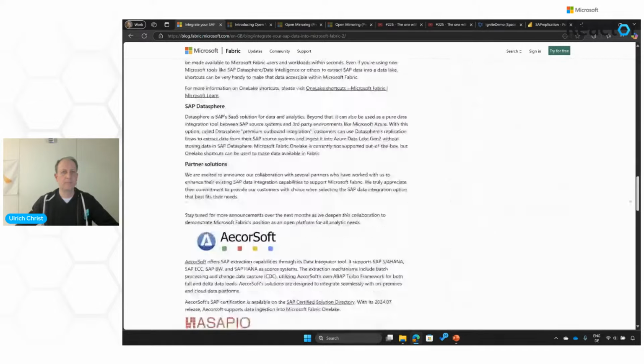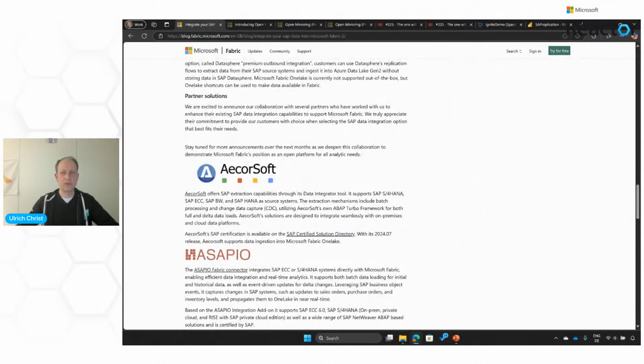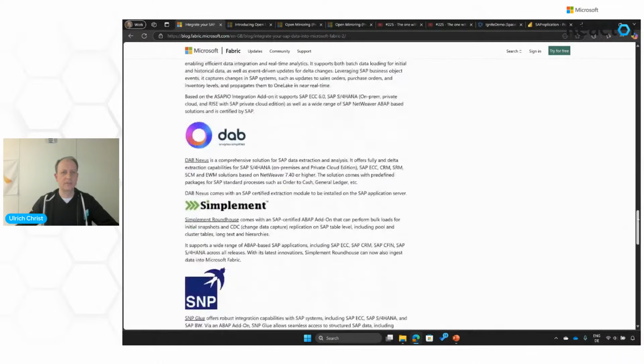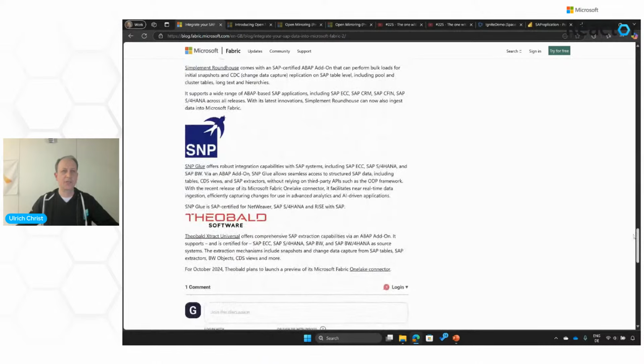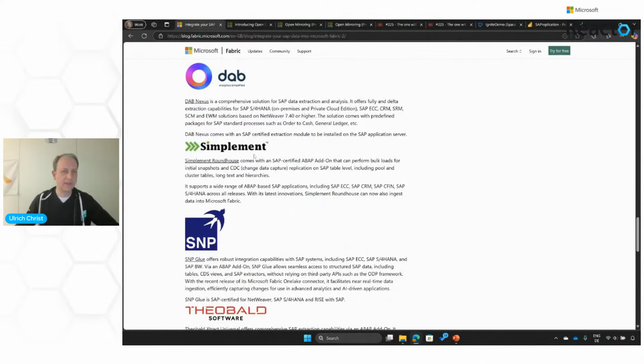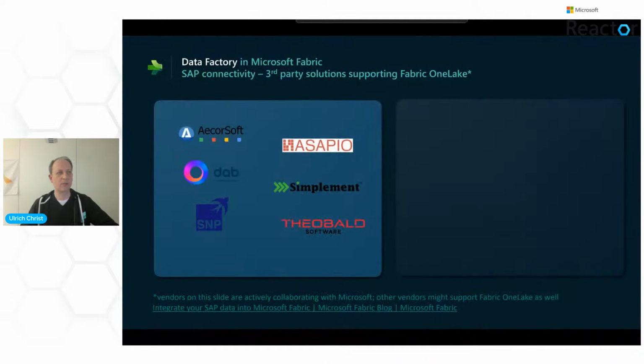And here you basically find a whole set of partners, 6 partners who have integrated with Fabric already. You also find links to the solutions of these partners, so you can basically get more detailed information from that blog post. Here you see the list of these 6 partners. What they basically did is,